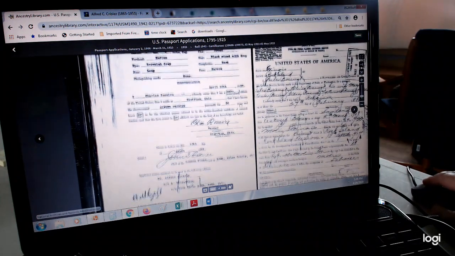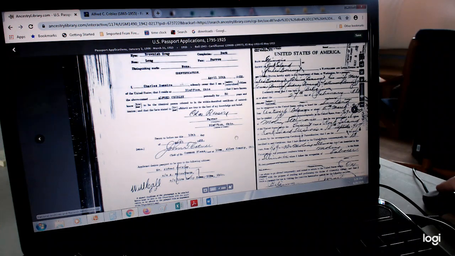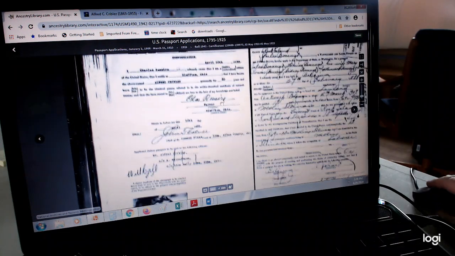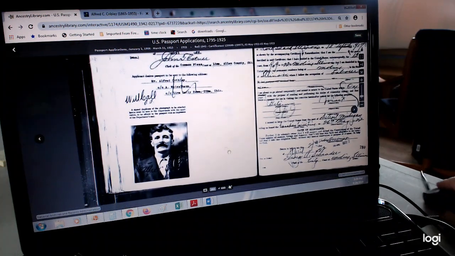So here, his identification, you had to have somebody swear who you were. So Charles Basier of Bluffton said he's known Alfred for 30 years. And there's his signature. And if we come down here, look what we find. We find his passport picture. And if you look really close, I know it's hard to see, it will also contain his signature.